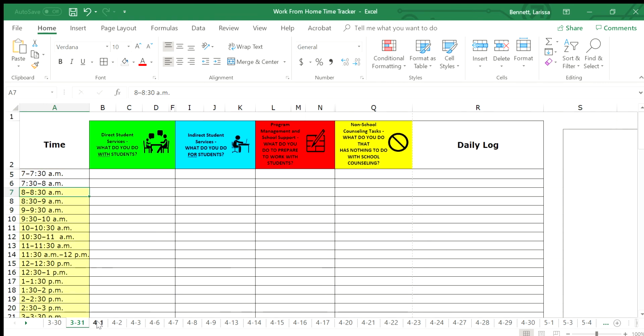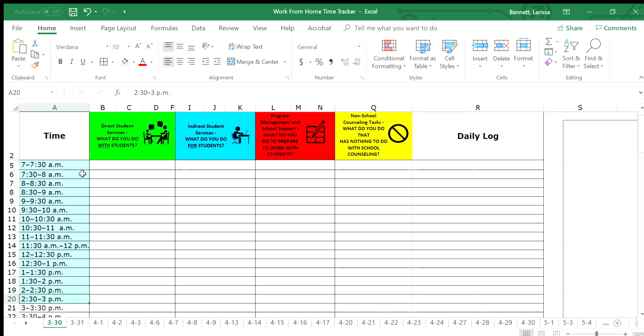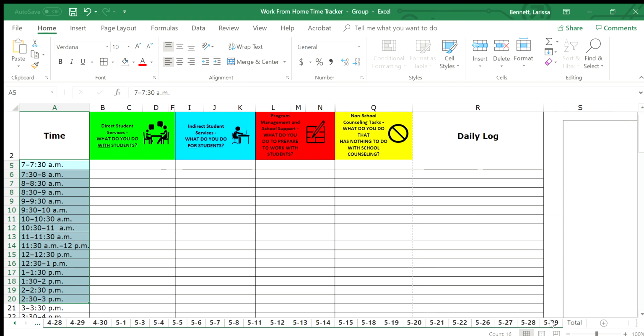Now every page is formatted the same. So if you chose that you are going to be working these times every single day, I'm going to show you a quick little trick. So have it highlighted, and down here at the bottom you'll see that March 30th is highlighted. So you're going to hold your shift key, keep holding it, and if you want to change that for every single day, see this little green arrow here, just click and it will take you all the way to the end, May 29th. So if you shift and click there, that will highlight all of them. So then you can do what you're going to do.